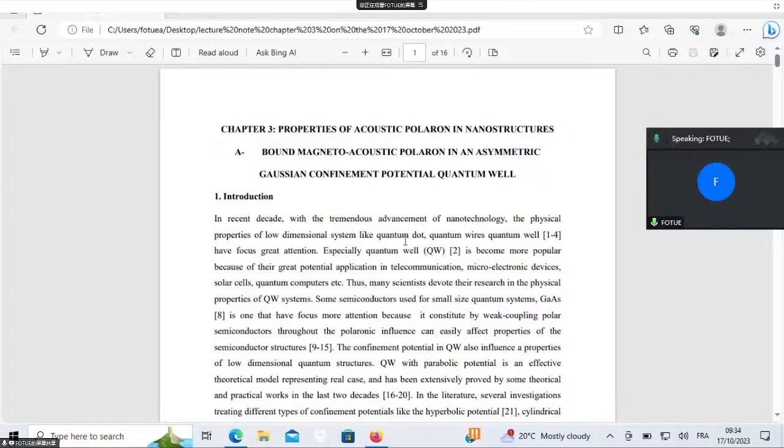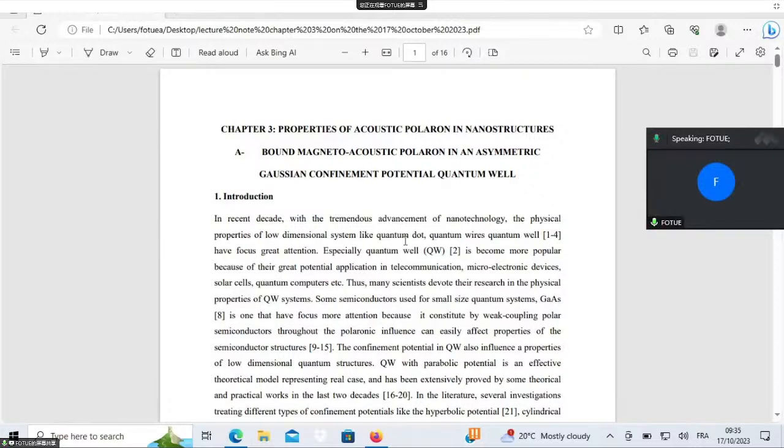So still in this introduction chapter, the generalities, we already highlighted the impact of quantum confinement on the properties of low dimensional structures. So this brings us to take into consideration the confinement of all low dimensional structures. We already highlighted the fact that the